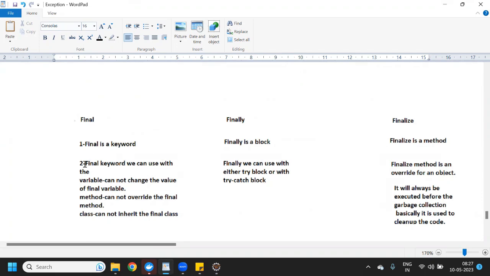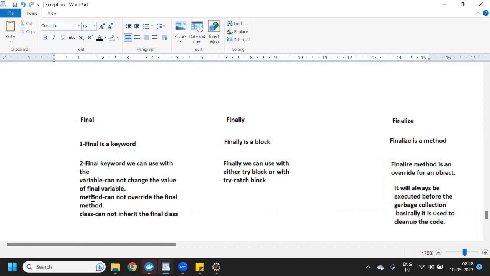Second point, the final keyword we can use with a variable, method, and class. We have seen in the OOPS concept that if you use the final keyword along with a variable, then the user cannot change the value of the final variable.